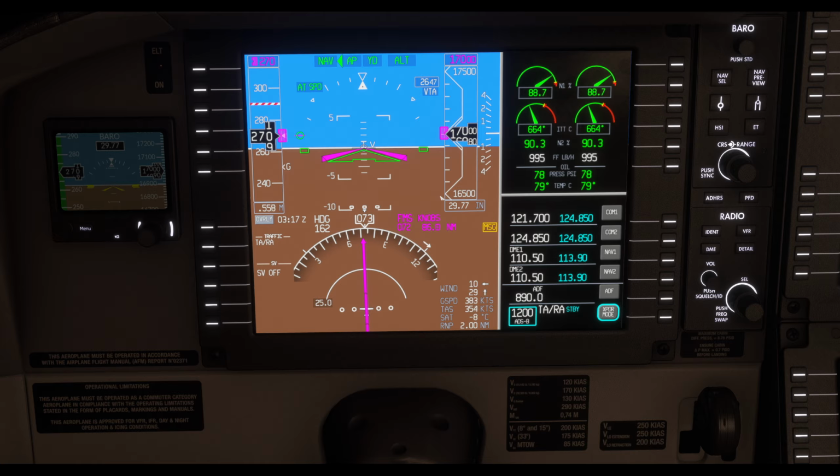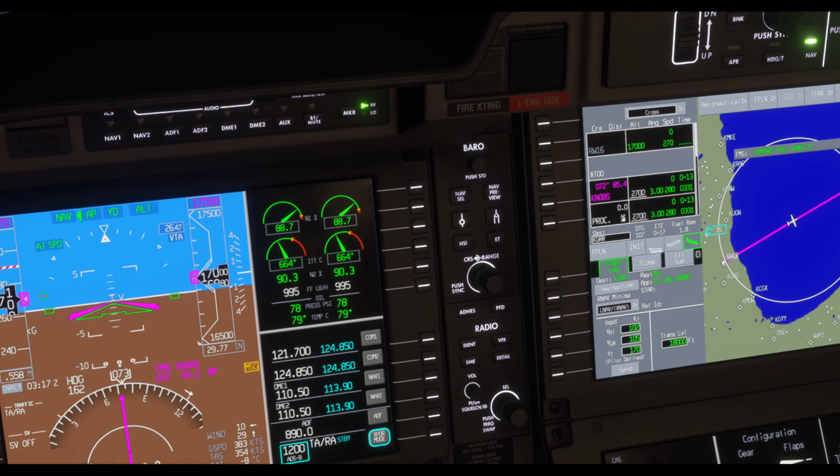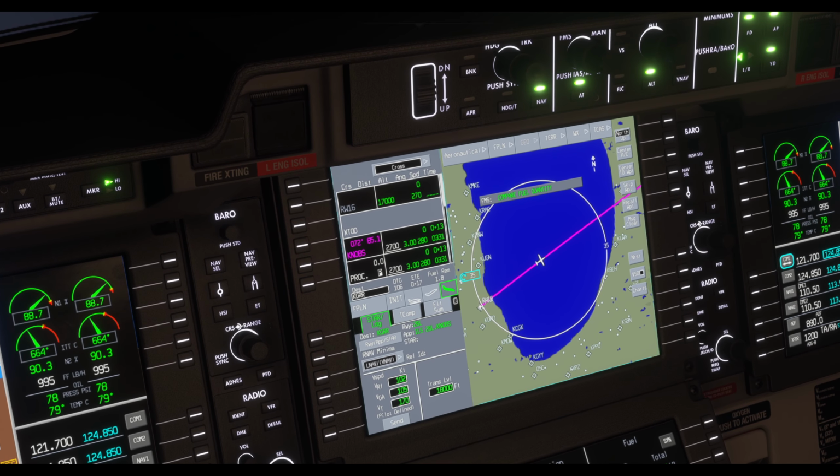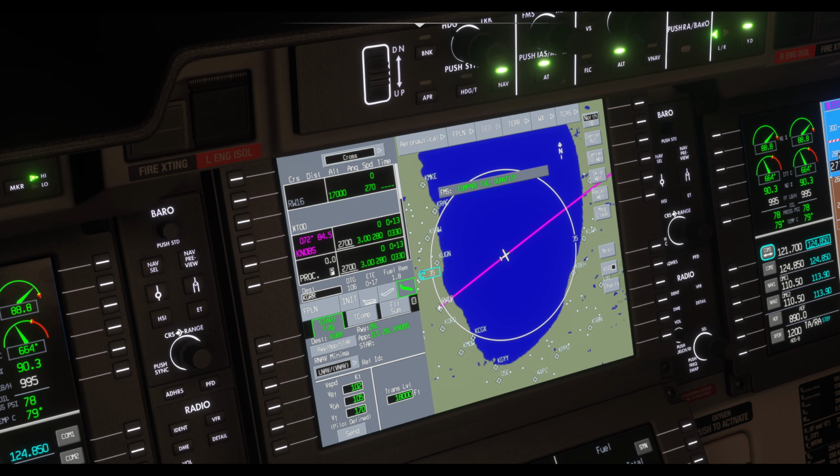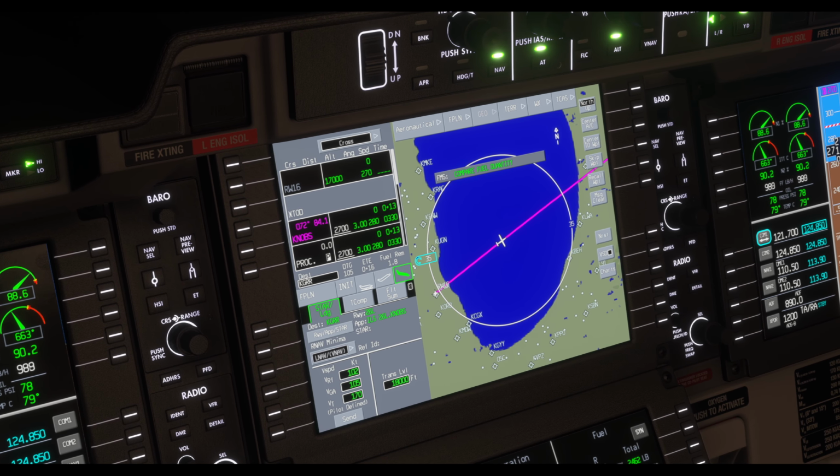Let's see, Mach number 0.55. I'll take that any day of the week. Alright, let's bring up the charts. And here's how you do that, with the Honeywell avionics suite here,